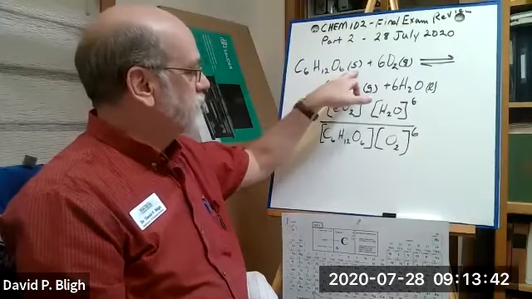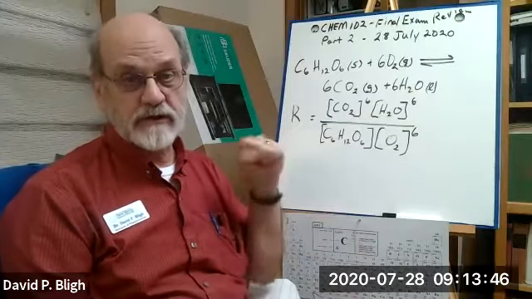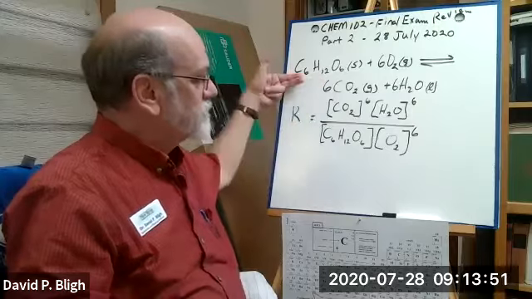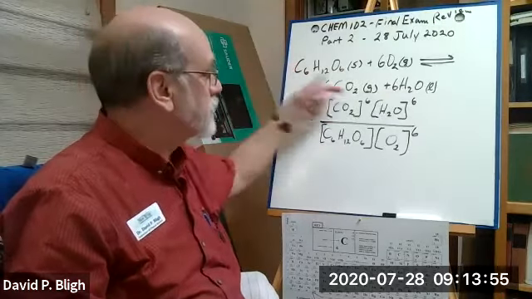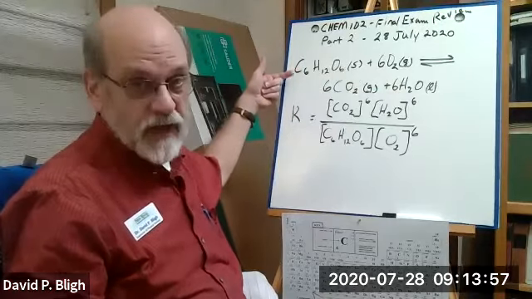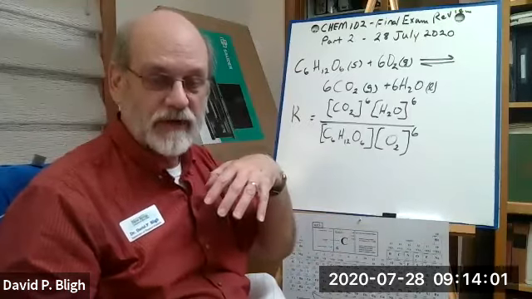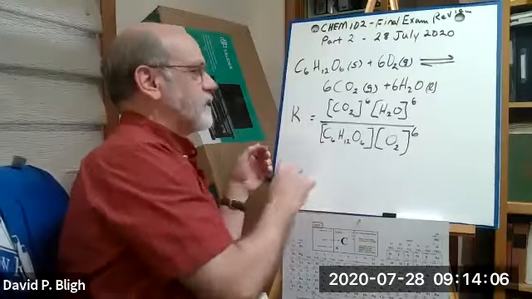Because solids and pure liquids are left out of equilibrium expressions. The reason being that in an equilibrium situation, their concentration does not change. If it's a pure liquid or a solid, you can add to or subtract from it, but their concentration does not change. So we have to,